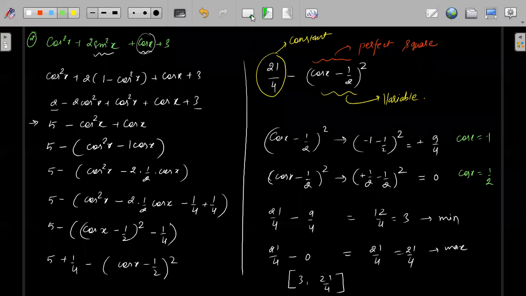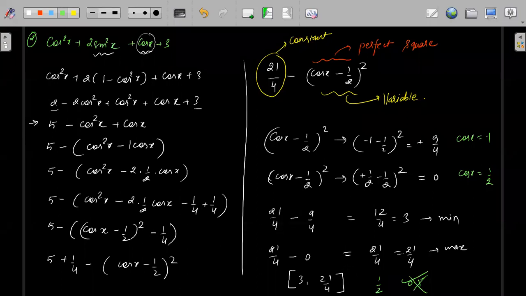I will give you 1, 2, 3 more questions on the same part. I hope this is okay for all of you. Just copy this one. If you substitute 1, you can write the answer in decimal. If you write 1 by 2 as 0.5, it is not wrong. It is correct. 21 by 4, you can write as a decimal. There is no problem in that.